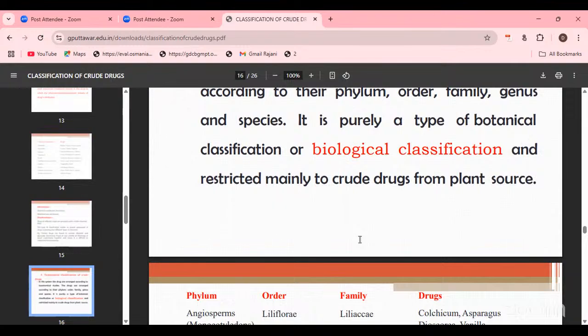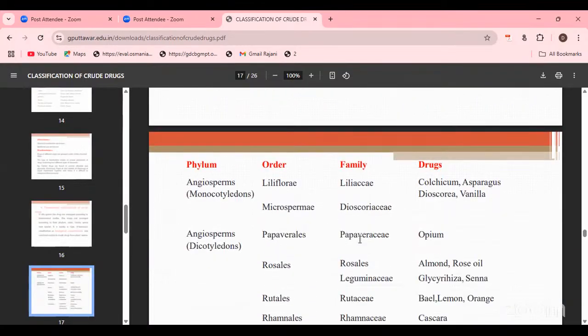Phylum, oil and use. Order Liliflorae, family Liliaceae, drugs: Colchicum, asparagus. Dicotyledons, Diosporae, vanilla is the phylum. This is the one. Next one, Microspermae, Diosporae, angiosperms,